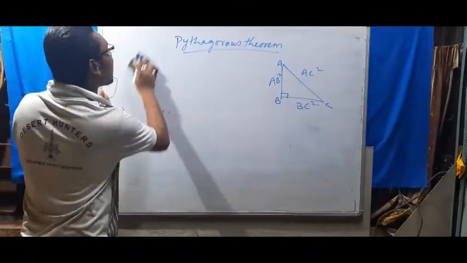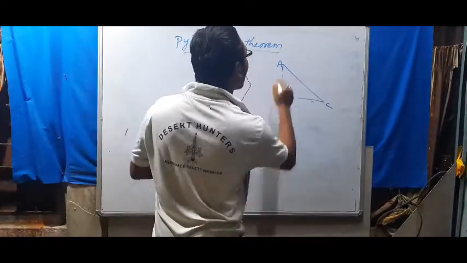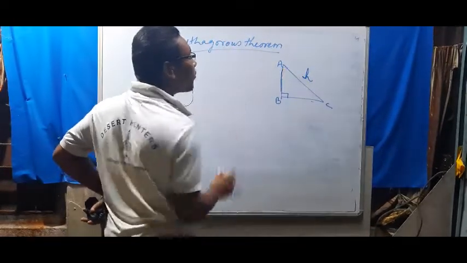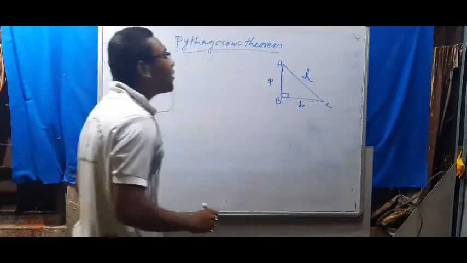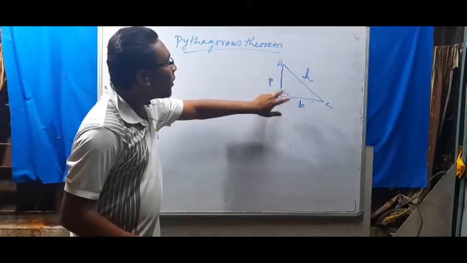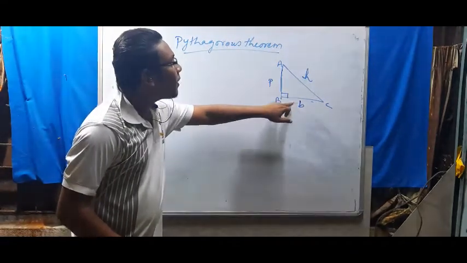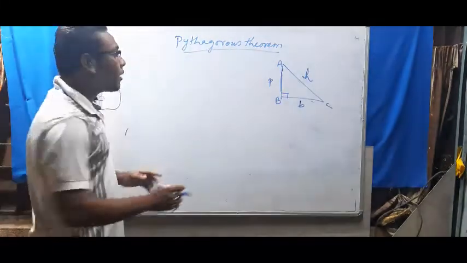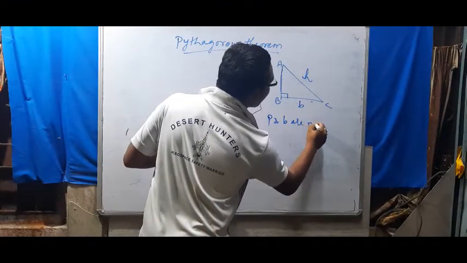What is the difference between Pythagoras theorem and trigonometry? The triangle for trigonometry, here it is the hypotenuse. This slant height is known as the hypotenuse. This we can consider as base, this we can consider as perpendicular. It is not fixed here. In Pythagoras theorem, this may also be perpendicular, or this may also be base, this may also be considered as base. Okay, it is not fixed. That is, perpendicular and base, P and B, are not fixed.